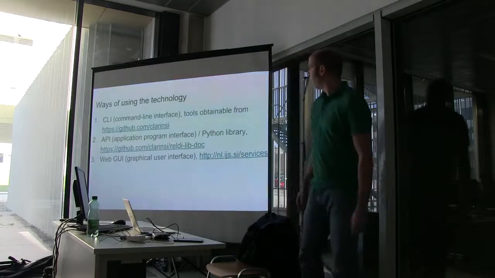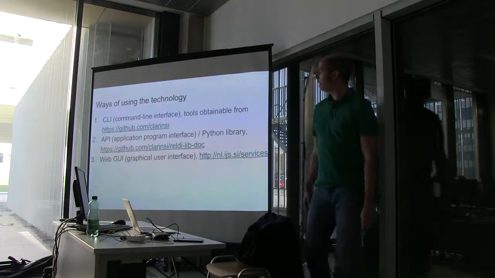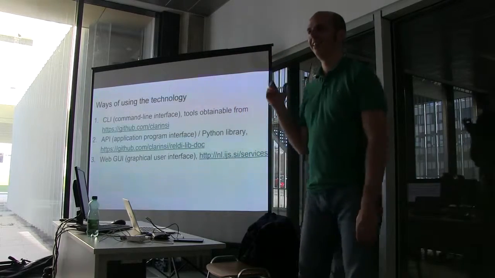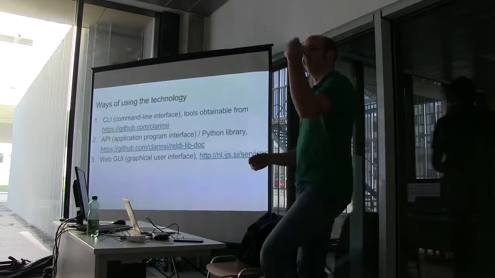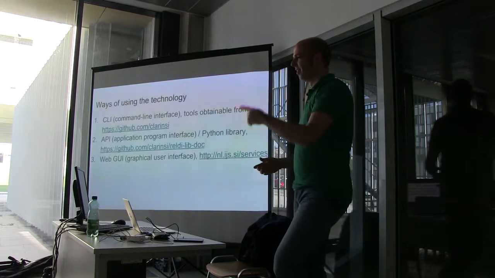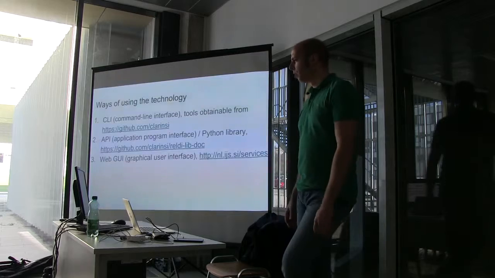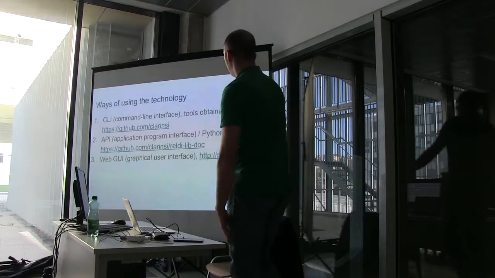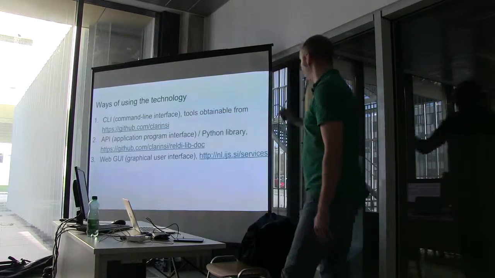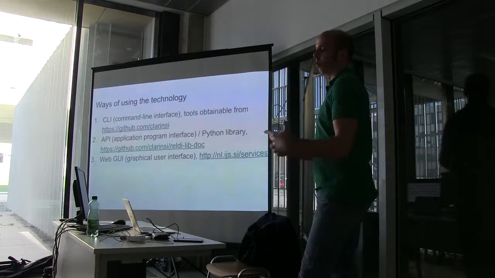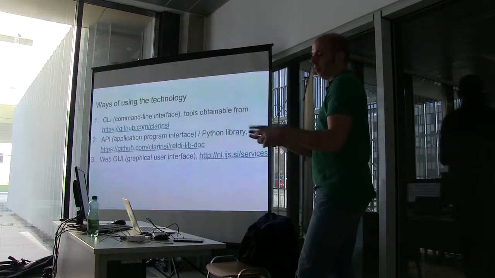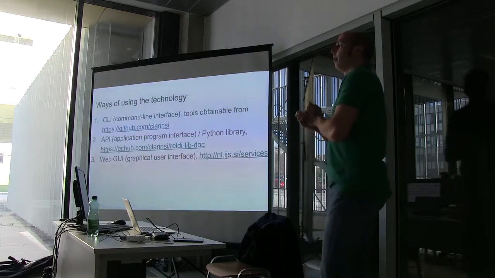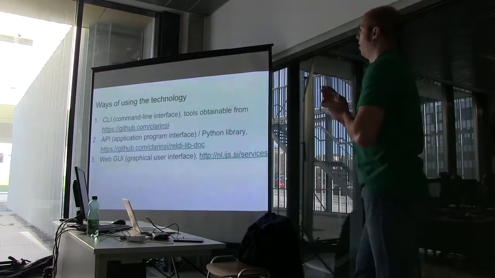The next type of using the technologies is the API. This is what probably everybody knows. Does everybody know what an API is? This is what was used in the morning, to get the data from Instagram and then another API was used to visualize the data. So there's an API way of using it, and APIs are good because programs can use APIs. So you can write a program that sends the data to a server, the data gets processed, and then you get the feedback that you require.